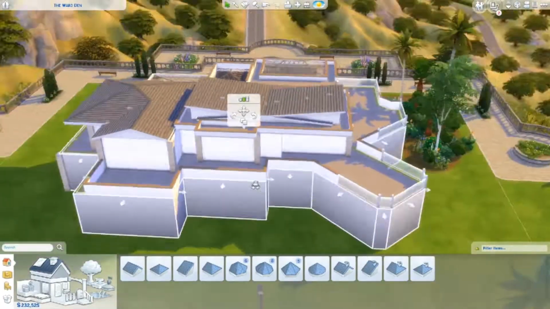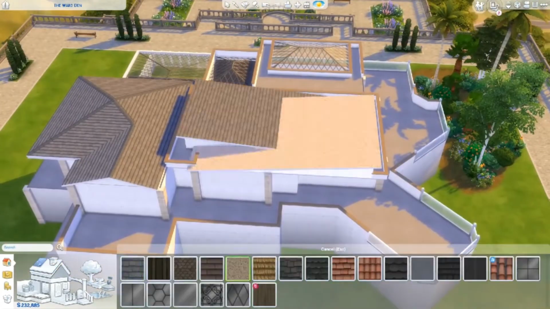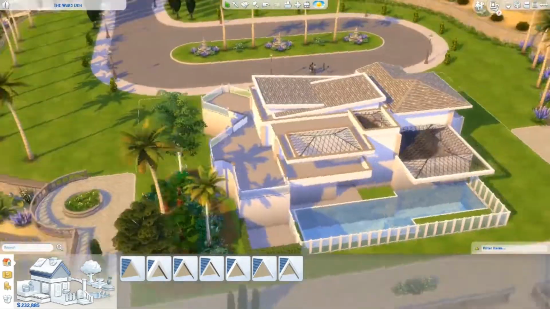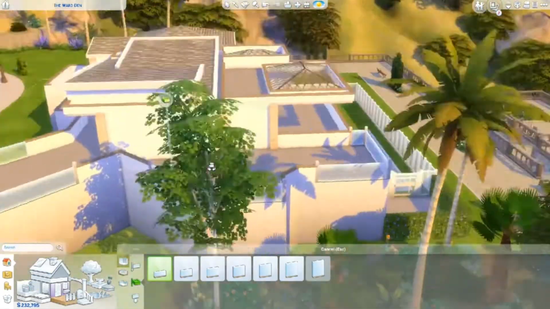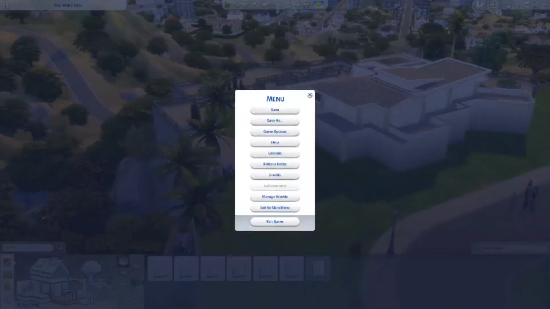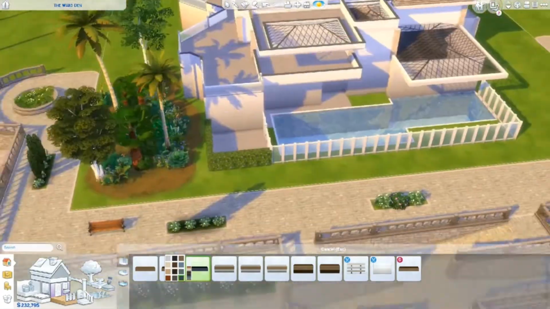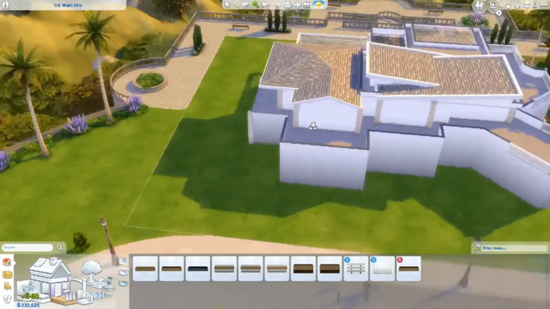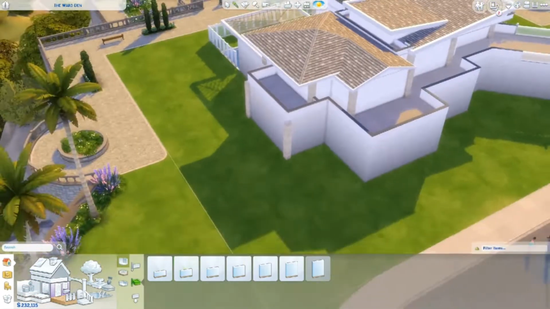But yeah, I decided to do this cool thing with the roof here because I was trying to make this build look a little different from the other modern 50 by 40 lot in this area in the Pinnacles, right? I don't know if it's called the Pinnacles or if that's a Strangerville term. I'm getting Del Sol Valley and Strangerville confused. Anyway,